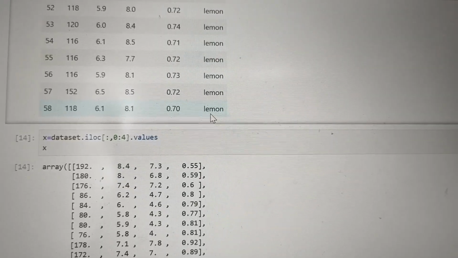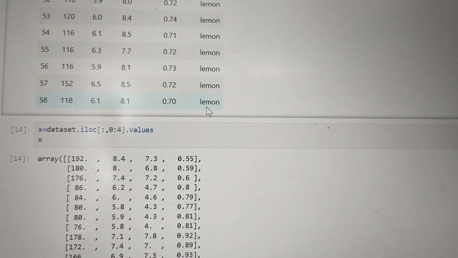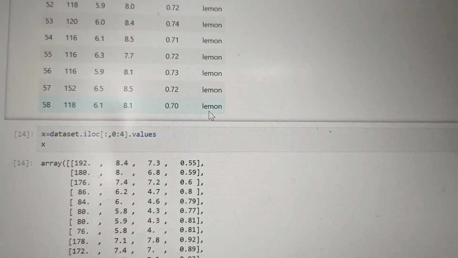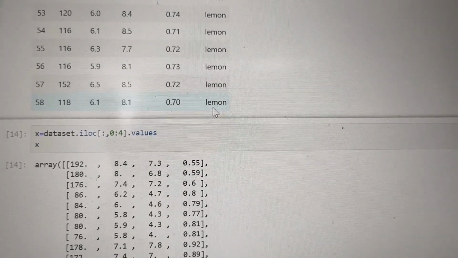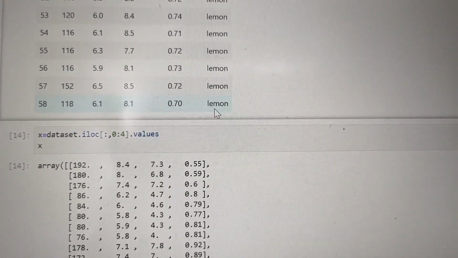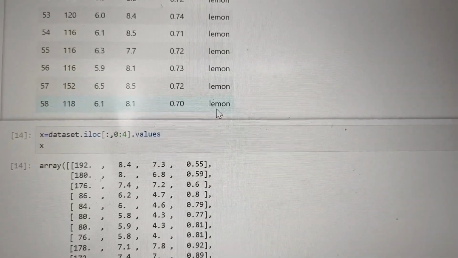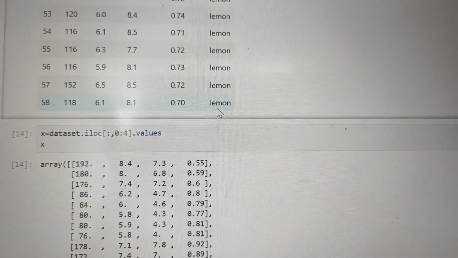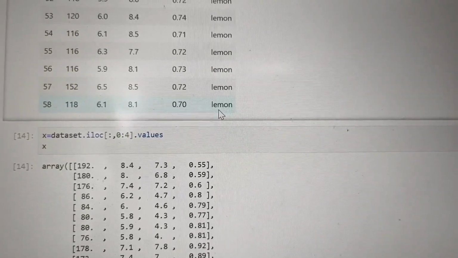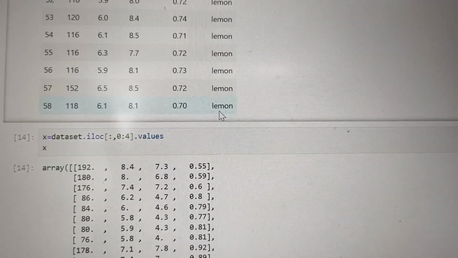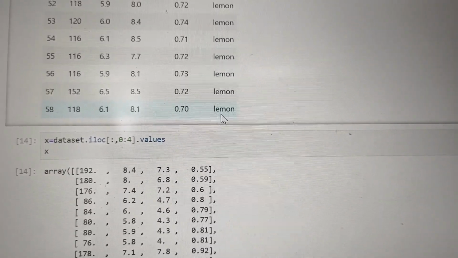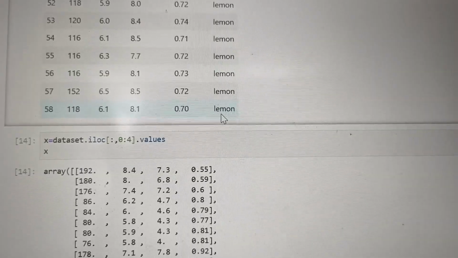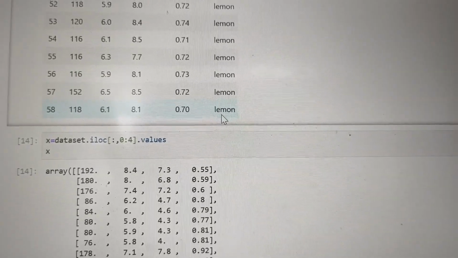Next, I have to apply the 4 attributes on the x-axis. The function which I am going to use is x = dataset.iloc[:, 0:4].values. So iloc is integer location. It is used to select and access data in a data frame by its integer position.